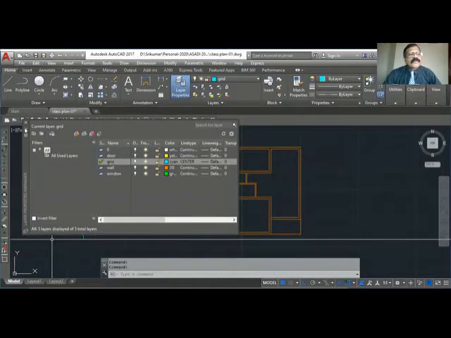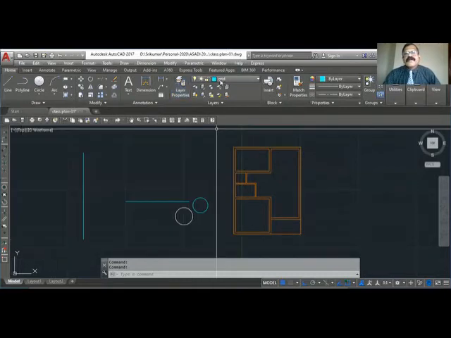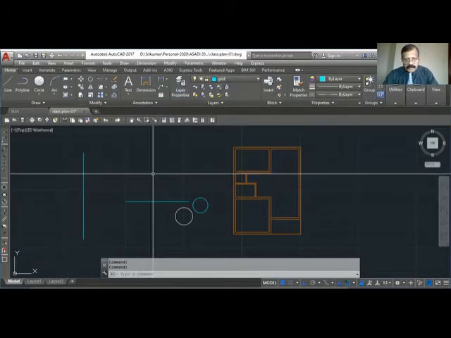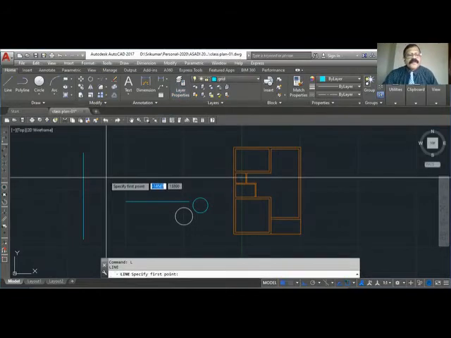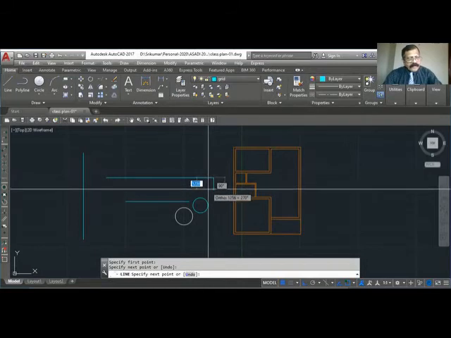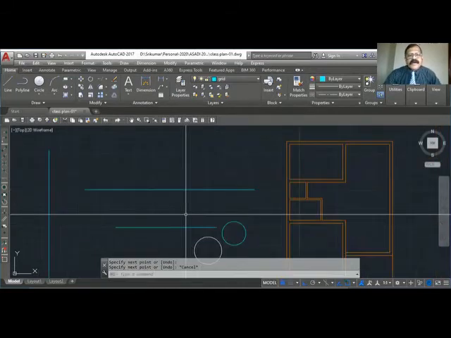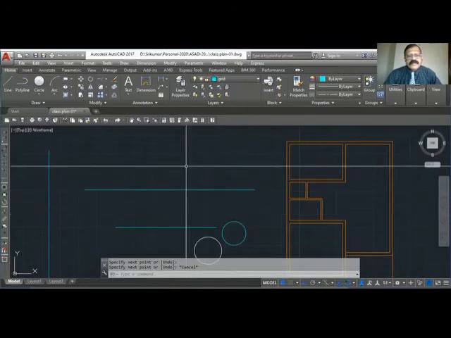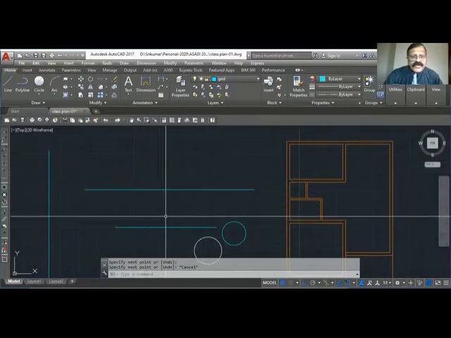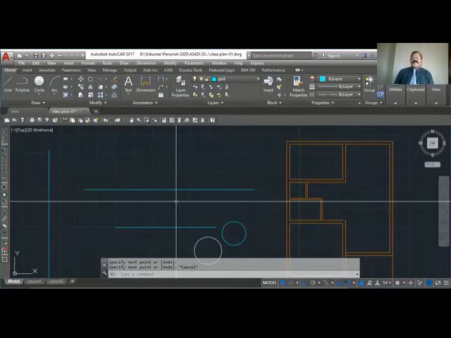Now let us see what happened. So you are in the grid layer. If I draw a line, it should be center line, but it did not come. Did not come yet, is it not? Because this is controlled by a setting called LT scale, line type scale.